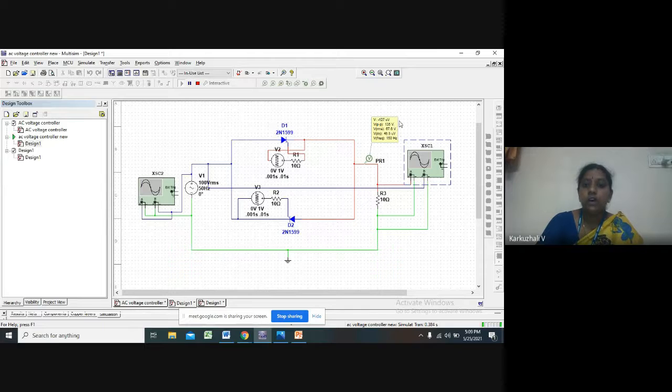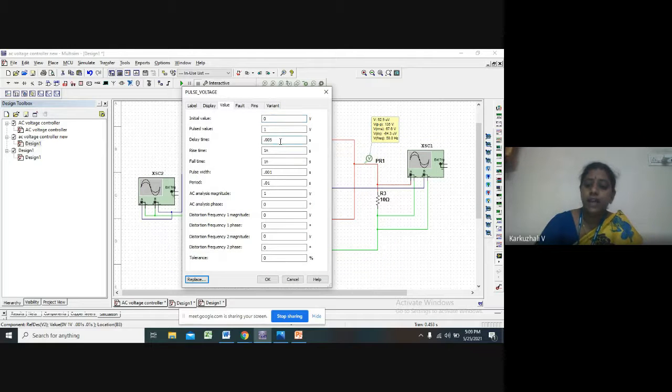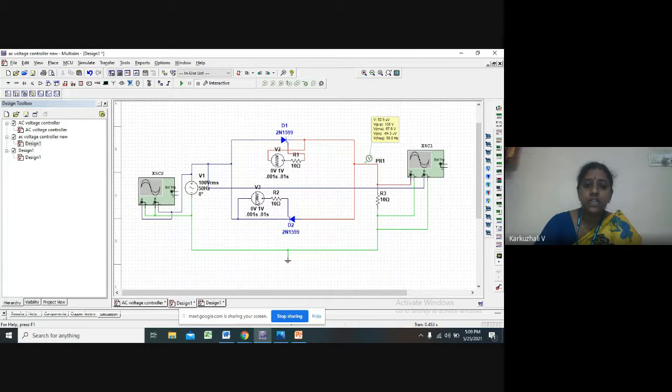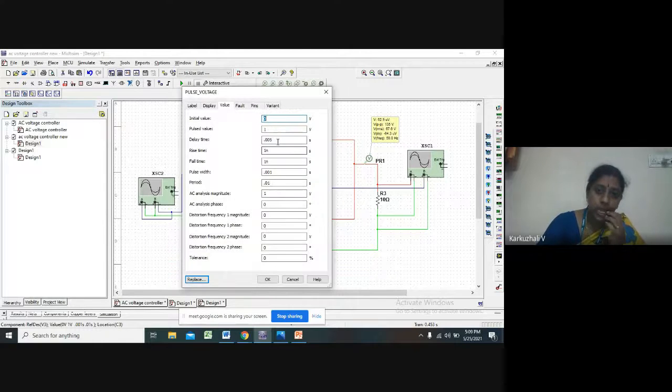Now we can note down the peak to peak voltage, which is 135 volt, or the RMS voltage. See, you can see the RMS voltage has been reduced. Earlier it was 90 volt for 2 milliseconds, firing angle 36 degrees, and for firing angle 90 degree it is 67 volts. So you can see the voltage getting reduced. Similarly, I will show you for firing angle greater than 90 degree. I will keep 7 milliseconds. 7 milliseconds is nothing but 7 into 18, which is equal to 126 degrees.